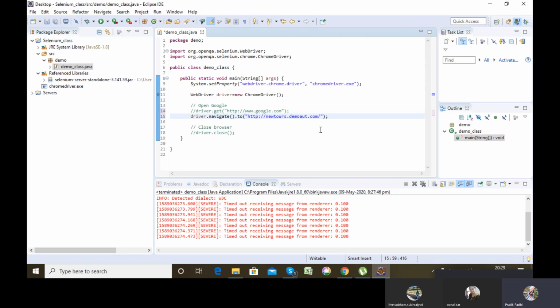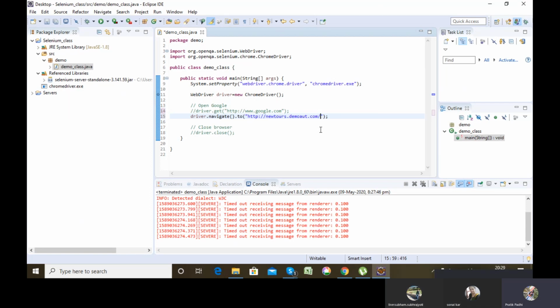Either you can open a URL in the Chrome driver using .get or using .navigate.to. Always remember, you can open the URL by two ways.